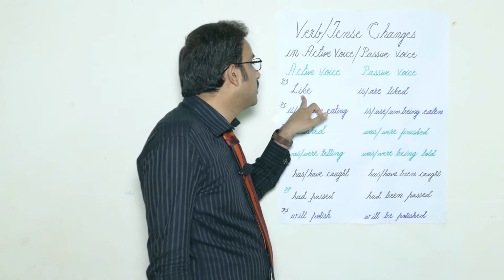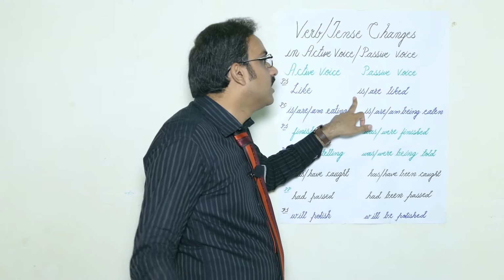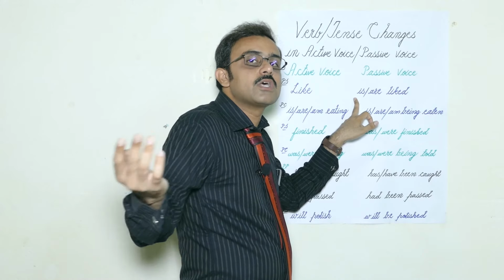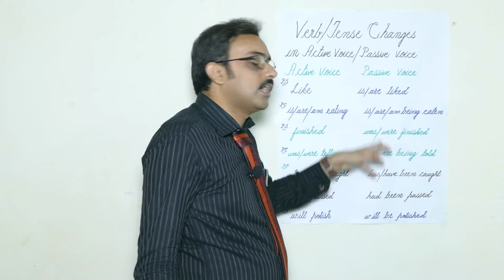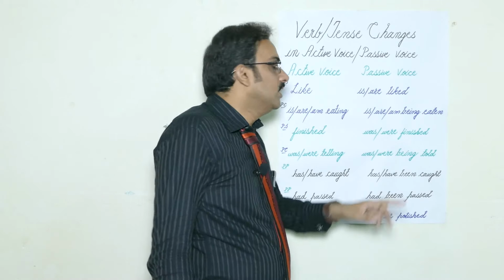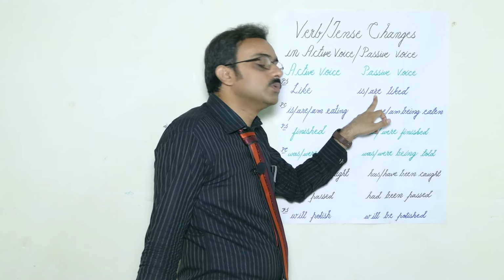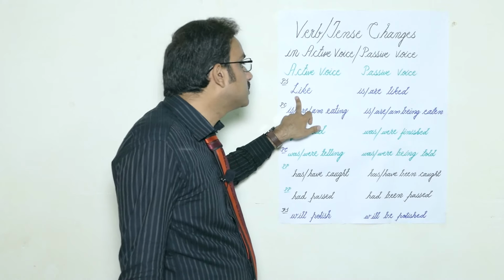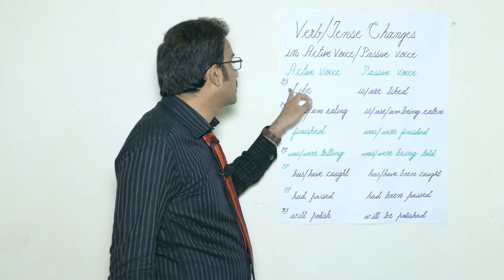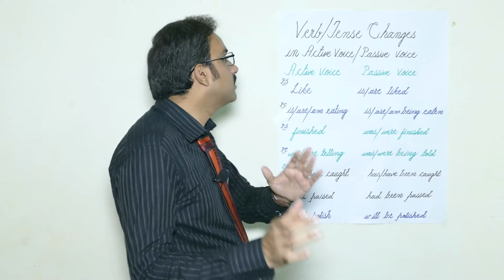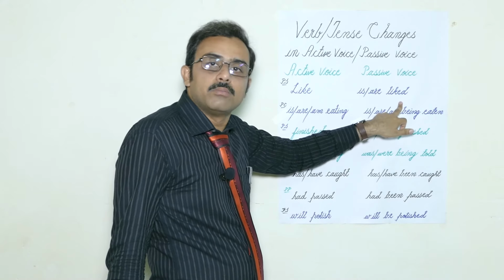So in passive, in place of first form we use third form, and we add auxiliaries am, is and are with third form of verb. If we have the subject I, then we use am, if we have a singular subject, then we use is, and if the subject is plural, then we use are. I like mangoes, mangoes are liked by me. Got that? So this is present simple. The verb change of present simple: auxiliaries is, are, am, and third form of verb.